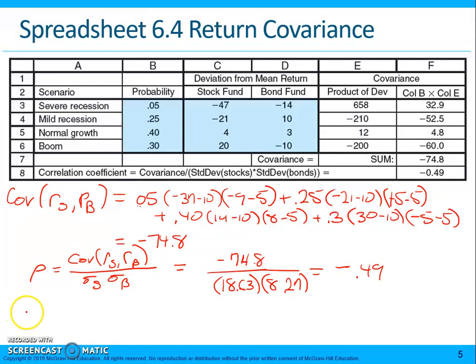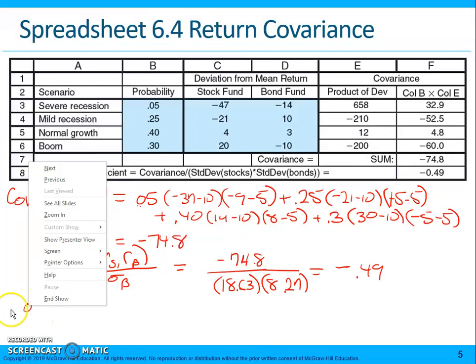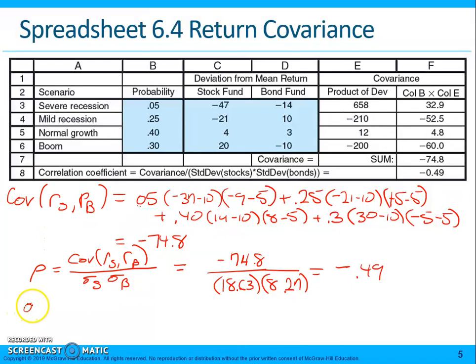So one other thing we can do, now that we have the correlation coefficient, is use the formula on slide 12 from the lecture to calculate the portfolio variance. So sigma squared P is going to be equal to the weight in bonds, 0.6, multiplied by the standard deviation for bonds, 8.27, squared, plus 0.4 multiplied by 18.63 squared,